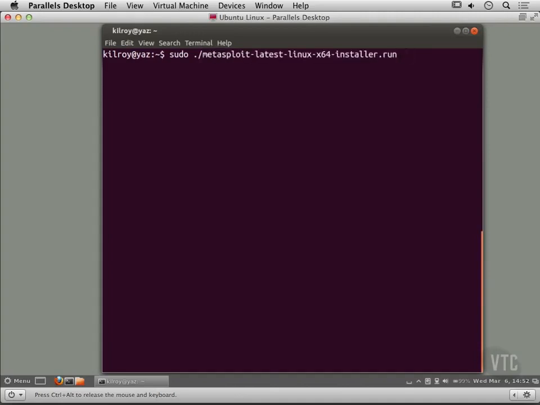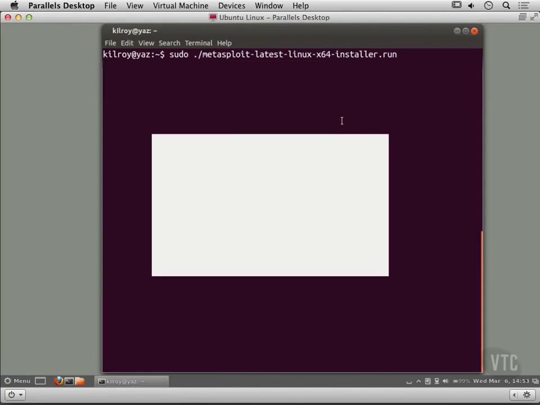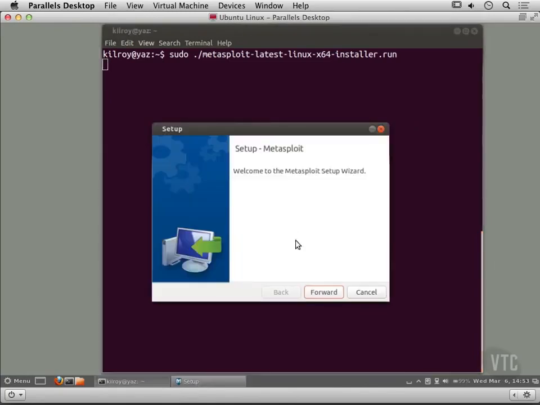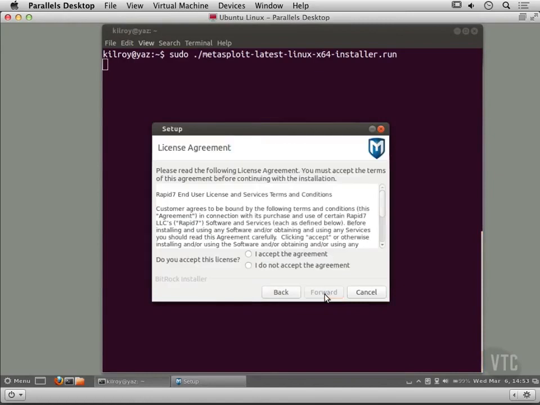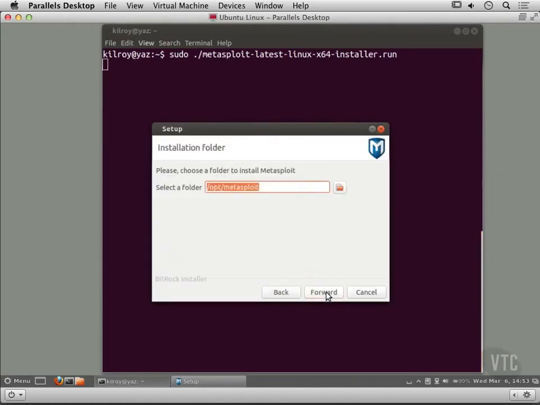I need to have administrative privileges, which is why I'm running the sudo command here. And I need the administrative privileges so that we can install in all the correct directories. So this is a Java-based installer. And you can see here that we're just going to do a pretty straightforward accept the agreement, forward, select where